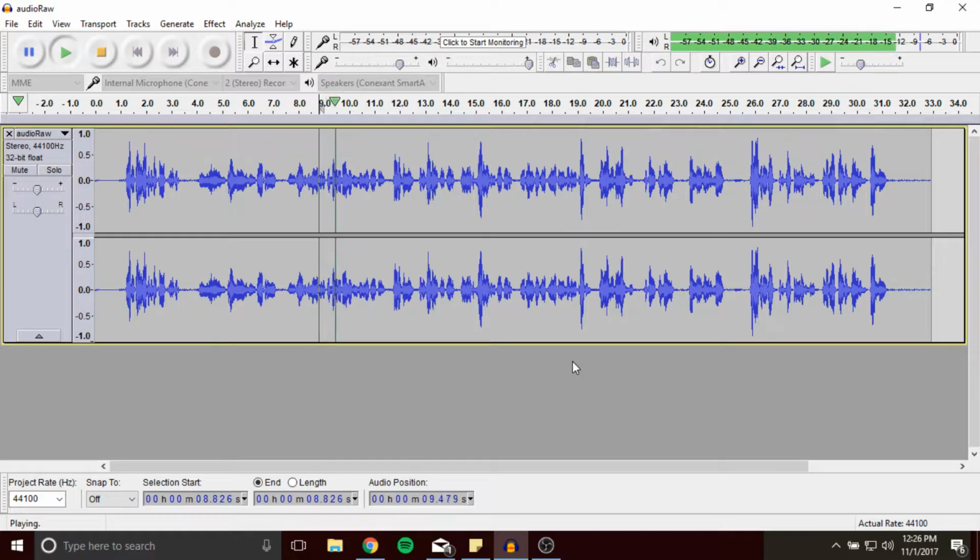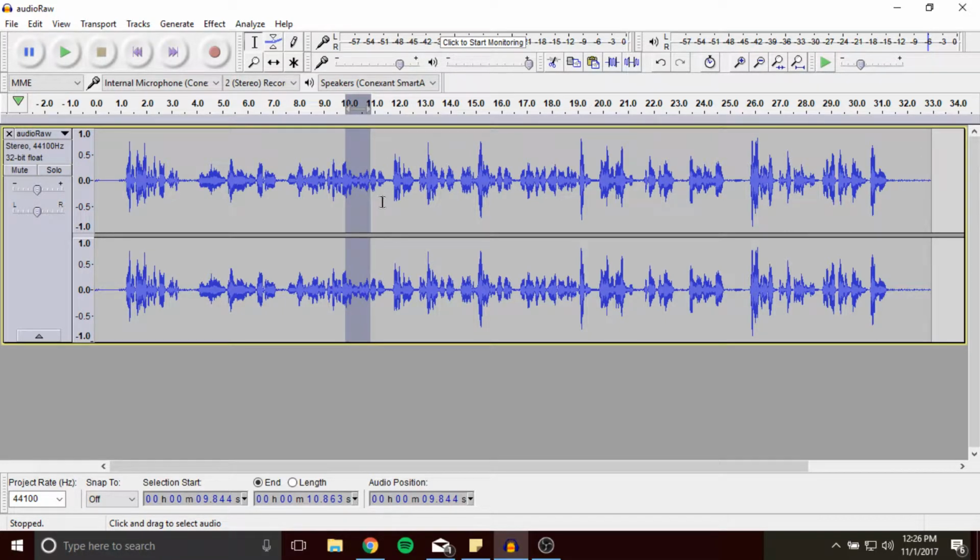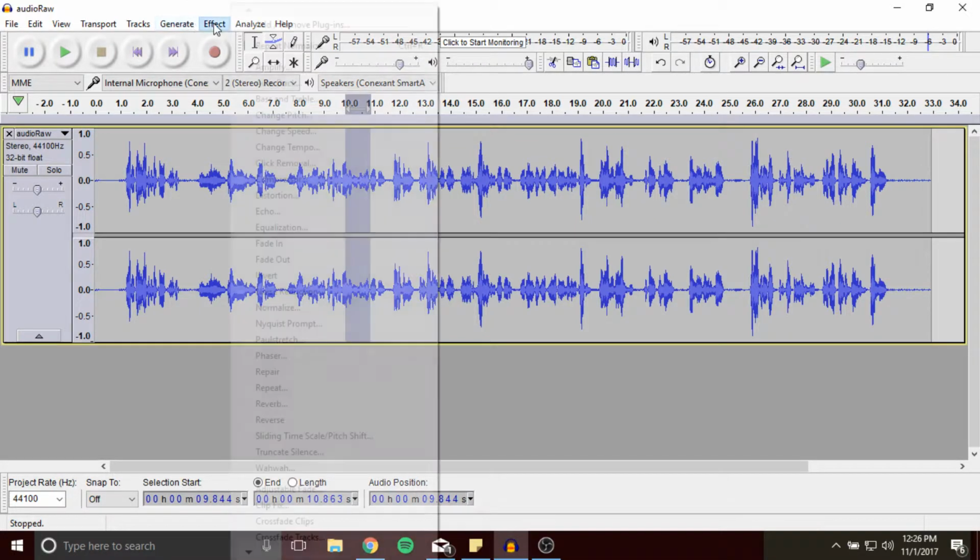And it works perfectly, right? But there are other options. Let's say we didn't want to just delete that. Let's say we wanted to keep that area open, but we just wanted it to be space, right? We just want it to be dead air. What we could do is Effect,